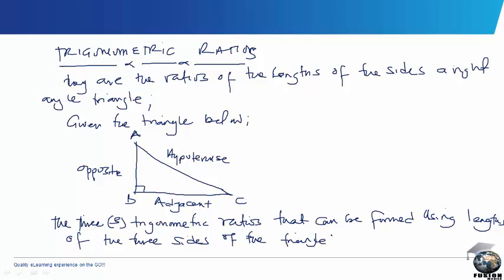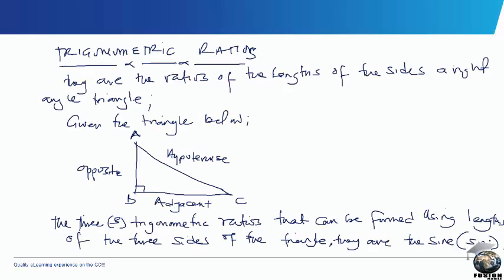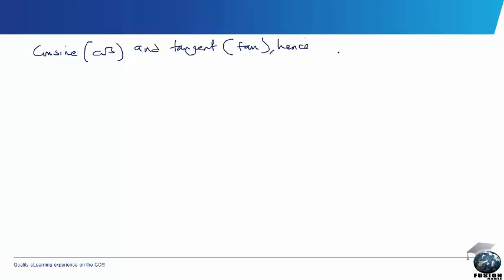We said they are the sine, or the one denoted as sin, and then we have the cosine, the one denoted as cos, and the tangent, shortly denoted as tan. And hence for the triangle given above,